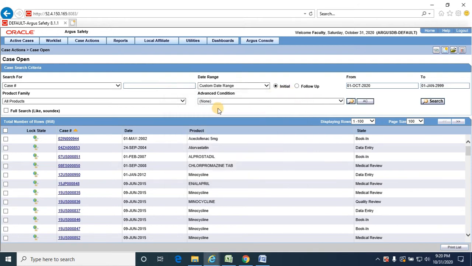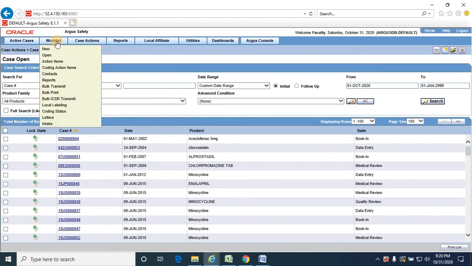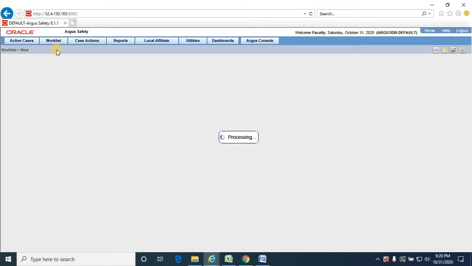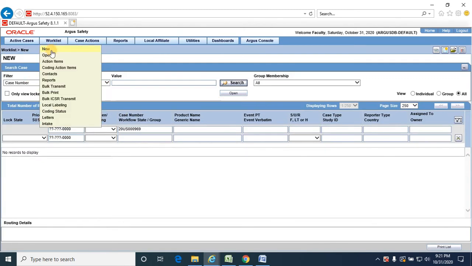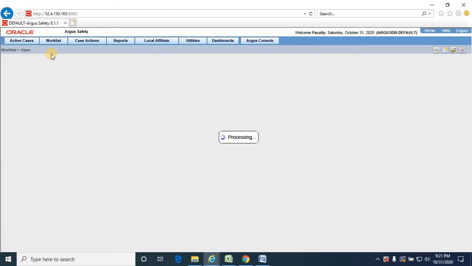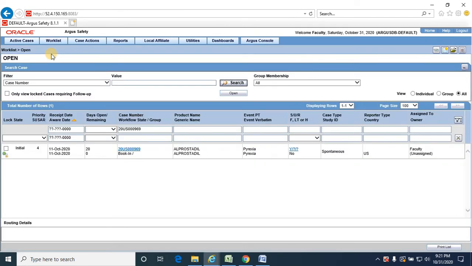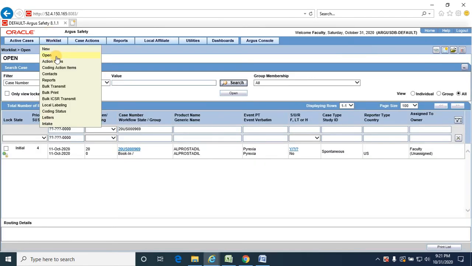I'll be showing you all those aspects going ahead. This is one place where we see the creation of an advanced condition. Sorry, not in the work list. In this work list section, we will not have advanced conditions in new and open.